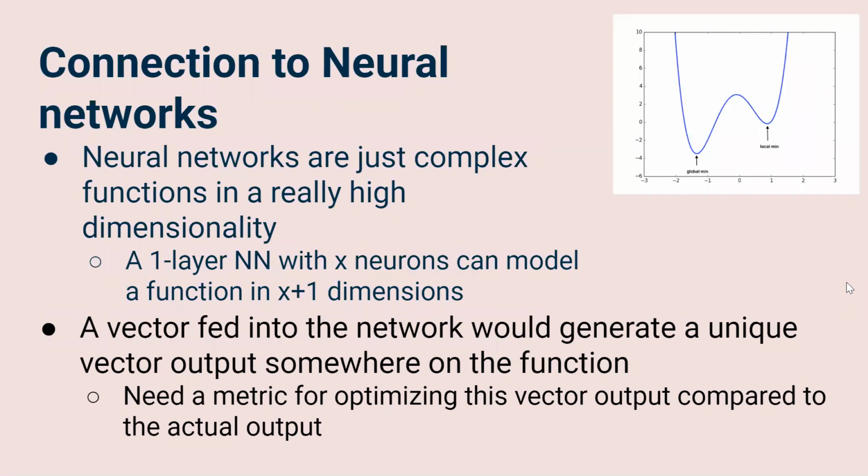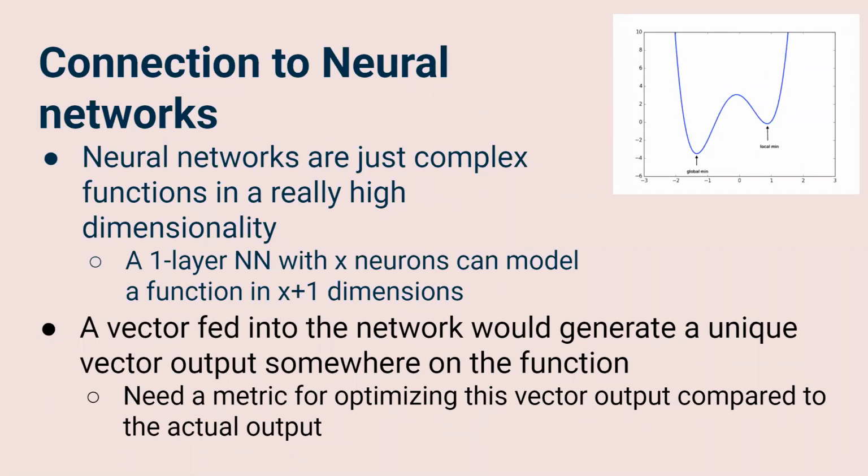And so how does this connect to neural networks? So we can imagine neural networks are just like a really complex function in a really high dimensionality. So a one layer neural network with X neurons can model a function with X plus 1 dimensions. Let's imagine a simple case, let's say you have 2 neurons. With 2 neurons, there are 4 variables because there's the weight and bias for each of them. And so with the input and also the output, then you just have a really high dimensional function relative to